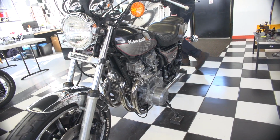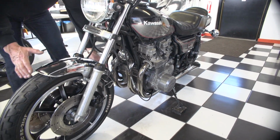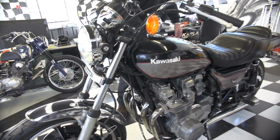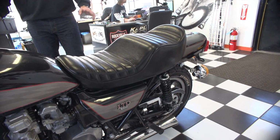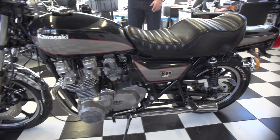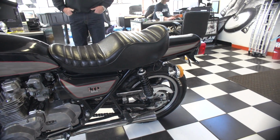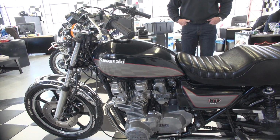Let me point out a few of the things. The custom team came up with the shortened front fender, like a bob front fender, the pull back handlebars. They designed the teardrop gas tank and the step seat. Those are all significant to this model. They came up with the limited badges. So that was a nod to the custom design team that was trying to take over the motorcycle market with